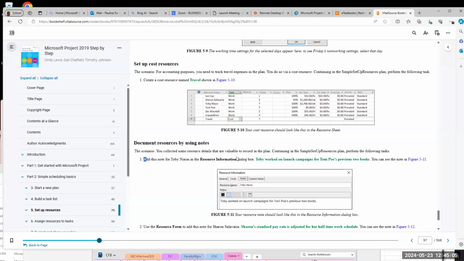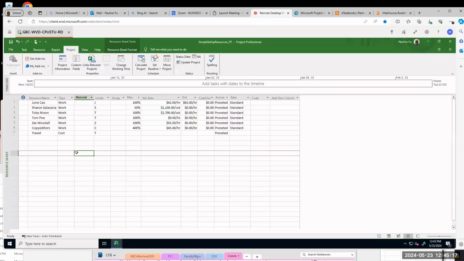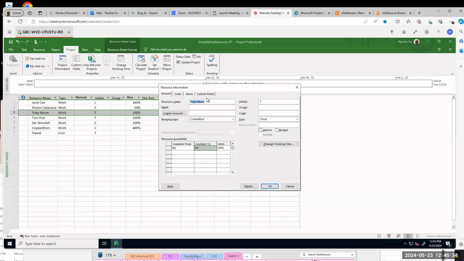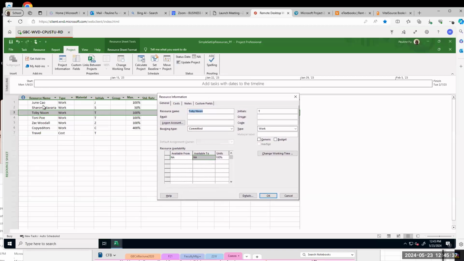Add notes for Toby Nicholson in the resource information dialog box. So Toby Nicholson here. So double click Toby Nicholson. You have this resource information. Double click Toby Nicholson, then click notes.